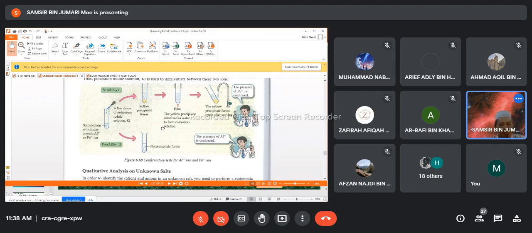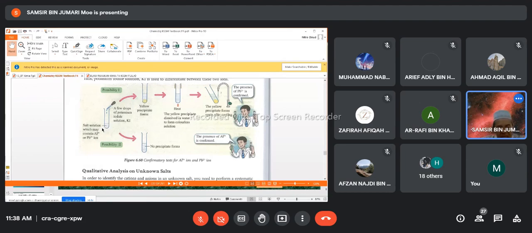Maybe which one will be present in the certain sample of the salt solution. For example, this is an example. This is a sample. We have to know what ion, maybe aluminum ion or lead 2 ion in the salt